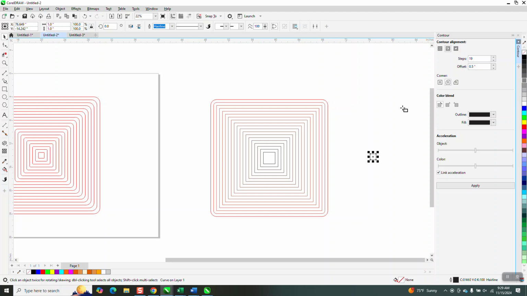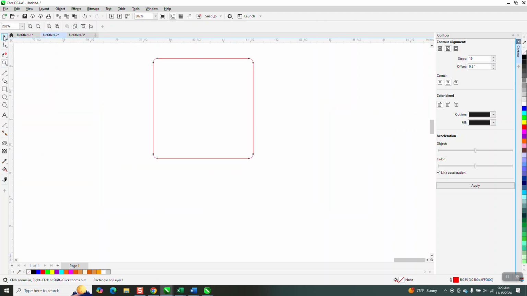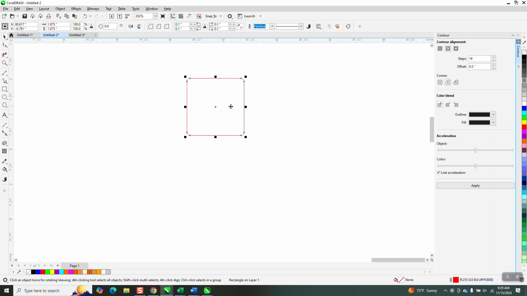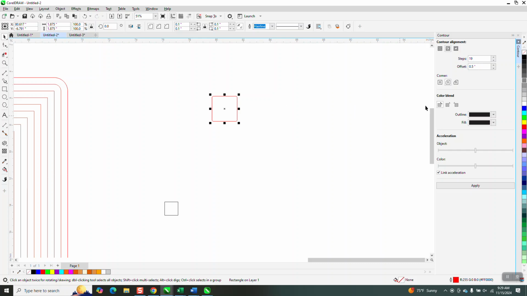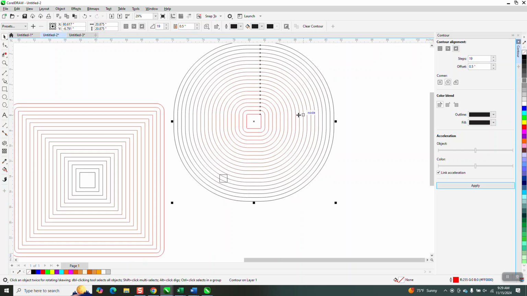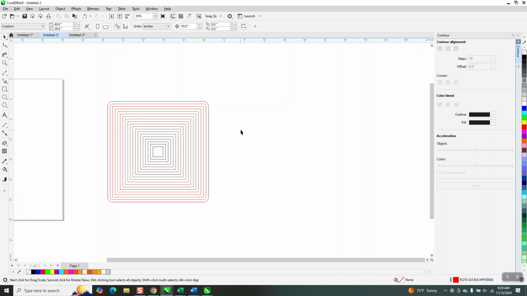Now, if you take a little square, well, we have to make it, let's just make a little square. And if you round off the corners just a little bit, I'm going to have to zoom in. See, I'm rounding off the corners just a little bit. Let's go to 10. And then you go to contour to the outside. It doesn't work either because it continues that shape. So the only way I know how to do it,